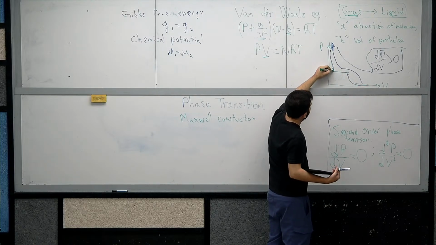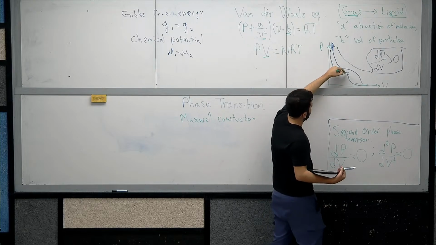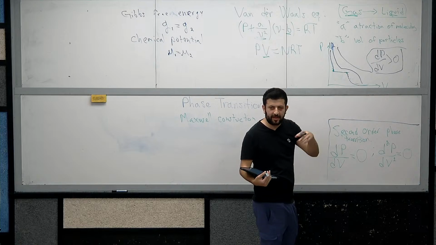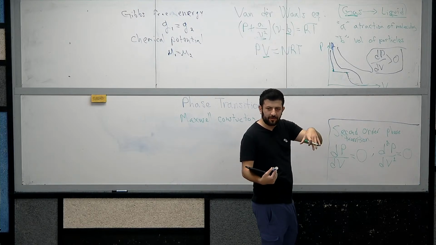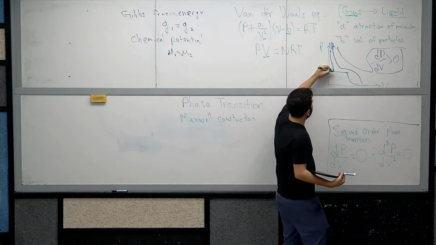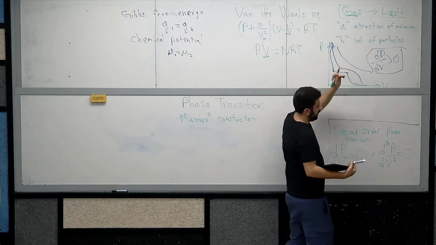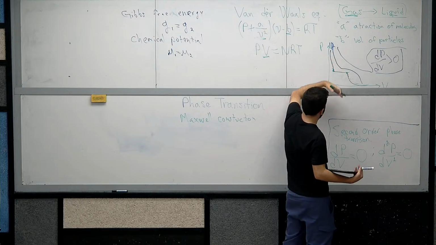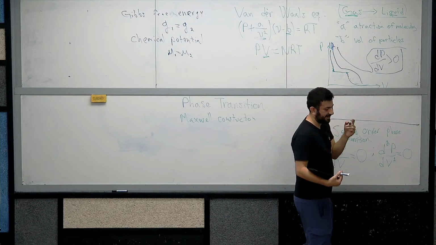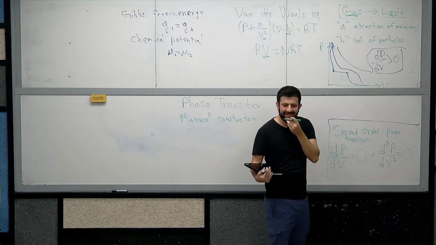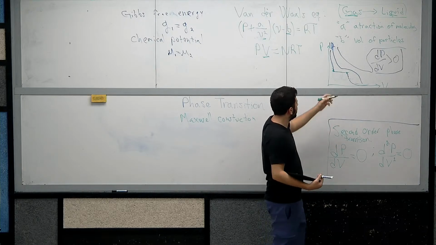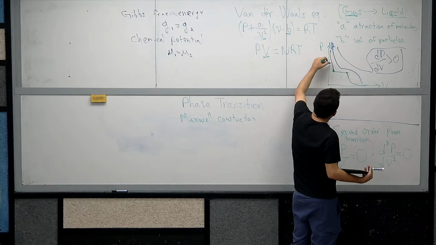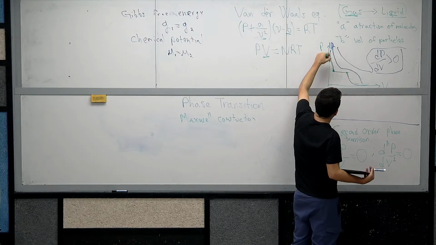But here what happens is that I have a sudden phase transition. The energy is going to change the physical nature of the object that I'm looking at. It's going to expand at this low temperature,